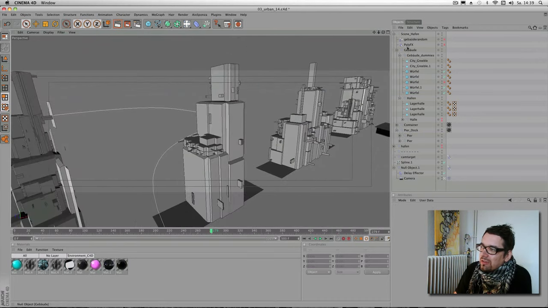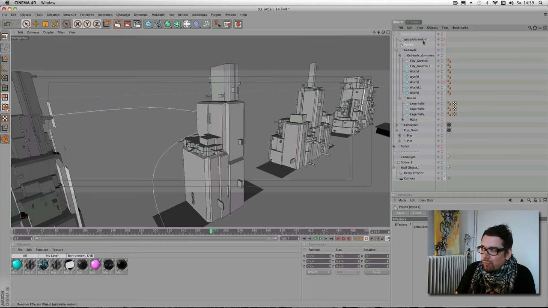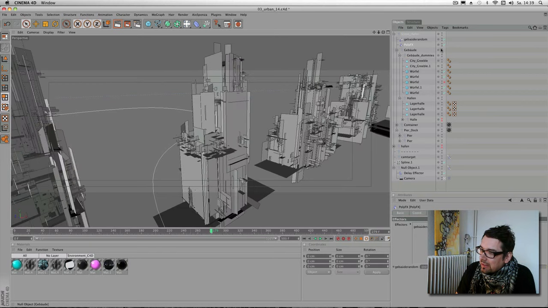And I just put this polygon FX object for the whole scene and give it some random effector, and that means every object in the whole scene is split into single polygons and shifted a bit in comparison to its original place. So you have this building and the polygons doing this, and